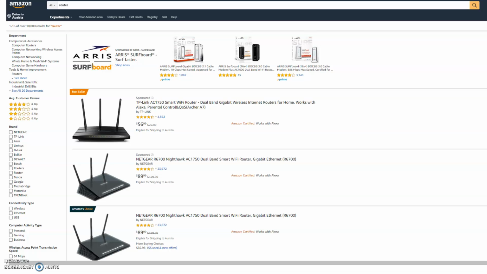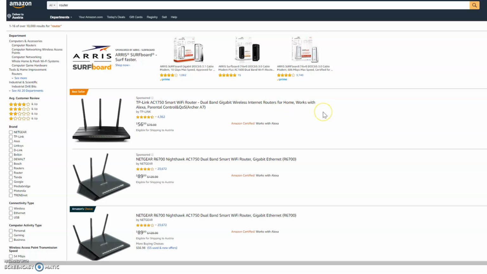So let's say you want to buy a router online. So the first thing you may want to do is type router in Amazon website. So this is the result after you put router in Amazon website. And you can see there are lots of options, but which one do you want to pick?